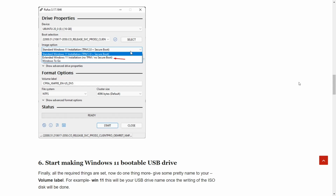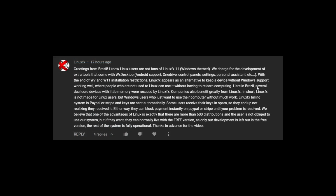Now let's zip back on over to their comment. Here in Brazil, several dual-core devices with little memory are rescued by Linux FX. Companies also benefit greatly from Linux FX. In short, Linux FX is not made for Linux users, but Windows users who just want to use their computer